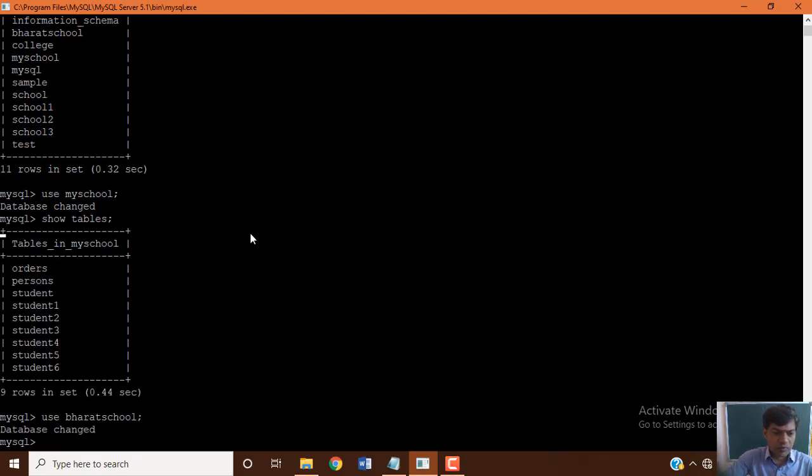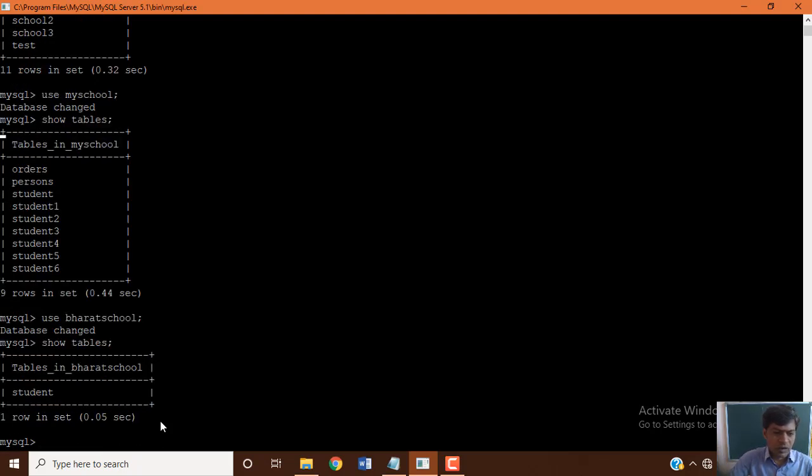We move from one database to another database by using use followed by the database name. Use is the command which we need to get into a particular database. Now in this there is only one table existing, student.